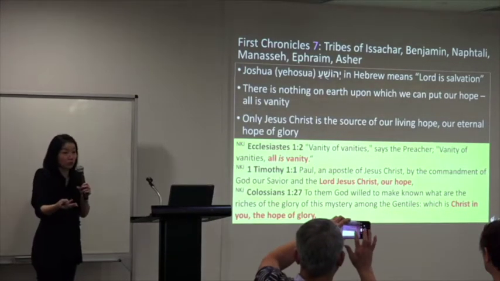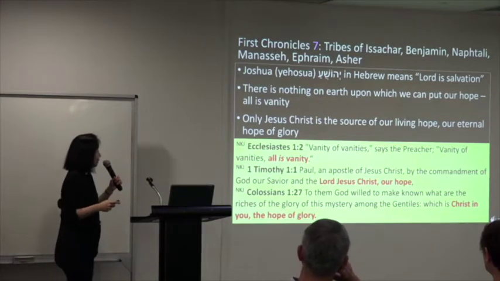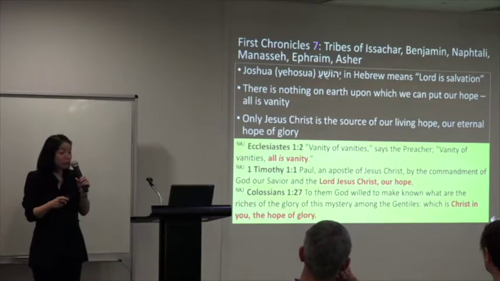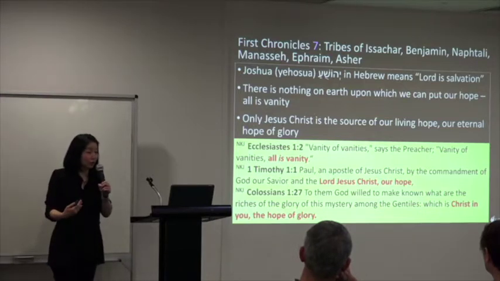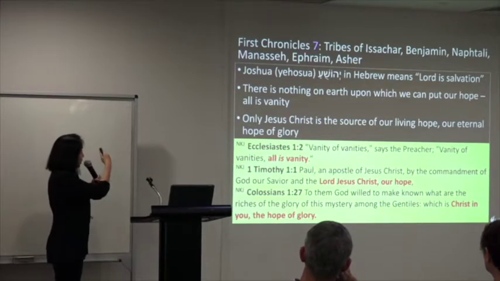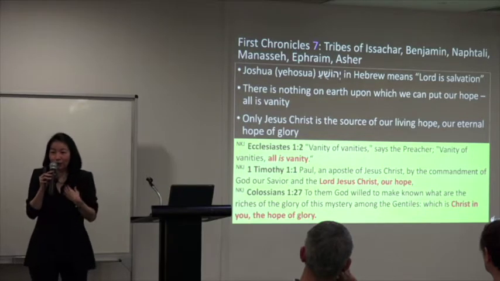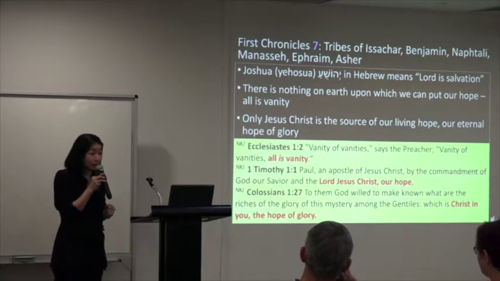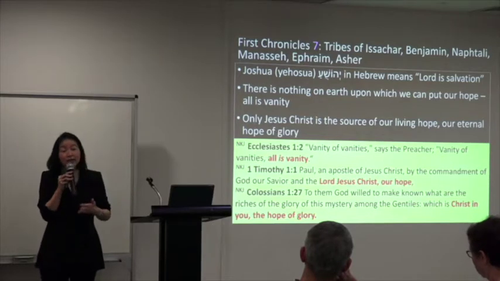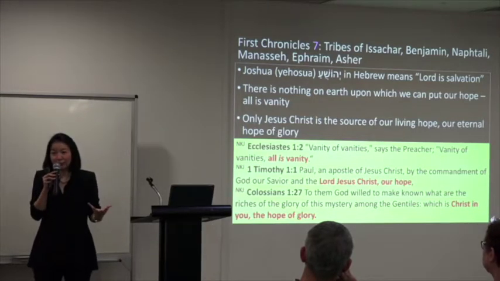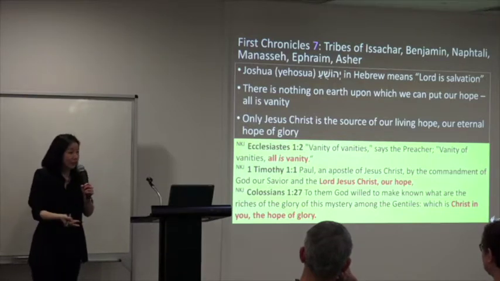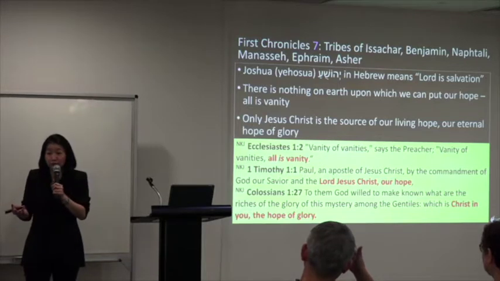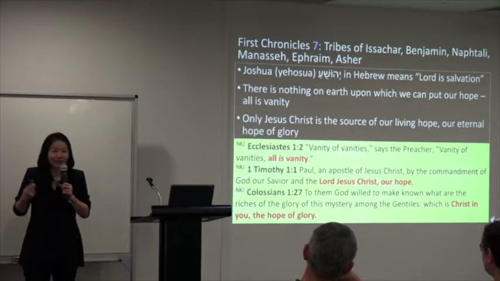Mistakes or good role models. Joshua in Hebrew is Yehoshua. Yehoshua means Lord is salvation. Isn't that Jesus' mission? He is our Lord of salvation. So when you look at the entire chapter 7, the focus is on Joshua. Our focus in the entire Bible is on Jesus Christ. Everything else in your life is vanity. When we go through situations and you try to look for people for solace, hobbies, to distract yourself, it doesn't work for long. It is vanity.